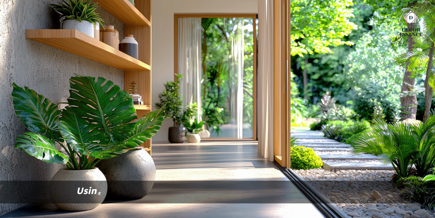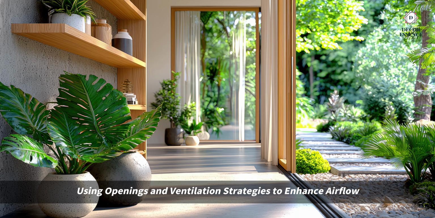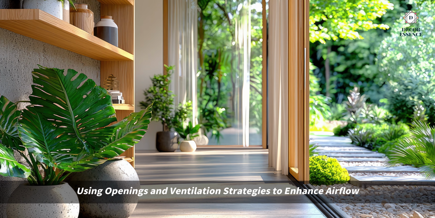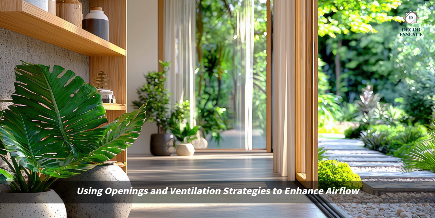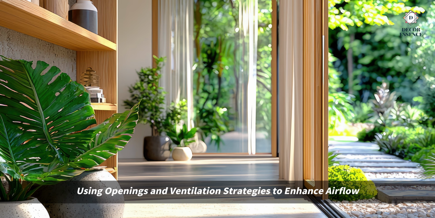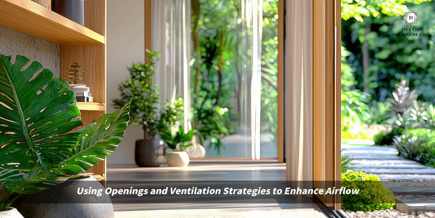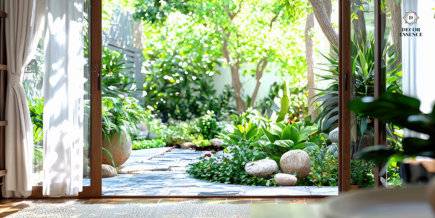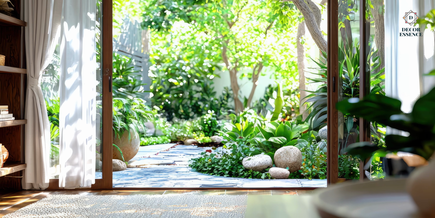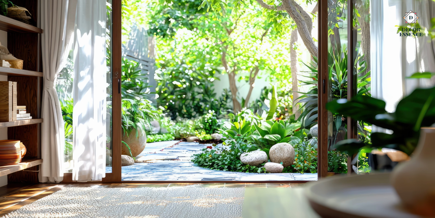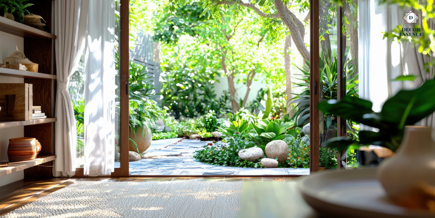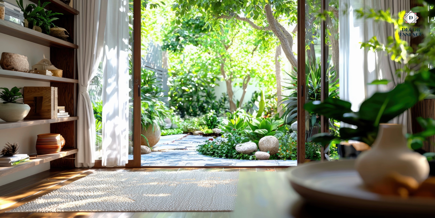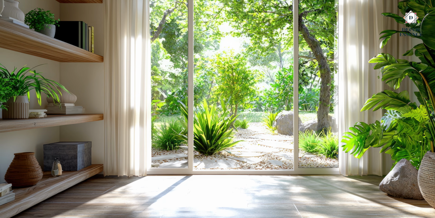Using openings and ventilation strategies to enhance airflow. In a narrow, long home, ventilation is just as important as natural light. Without proper airflow, even the most well-lit spaces can feel stuffy and uncomfortable. One of the best ways to enhance ventilation is through cross-ventilation, placing windows and vents on opposite sides of the house to encourage air to move freely through the space. In addition, consider using open shelving and wide doorways to allow air to circulate more freely between rooms. Natural ventilation can be further enhanced by using ceiling fans, ventilation